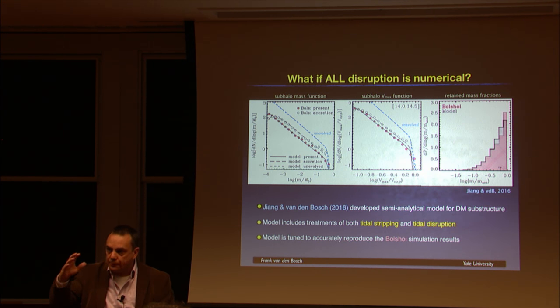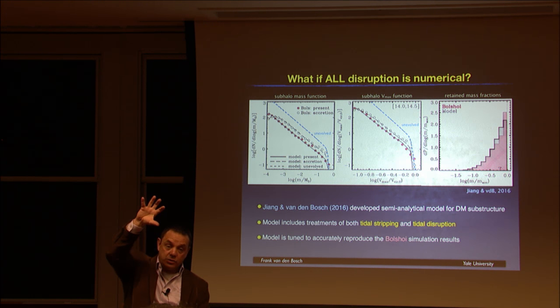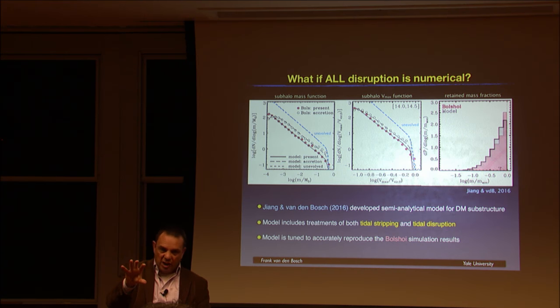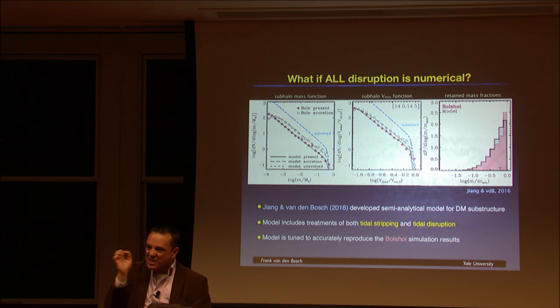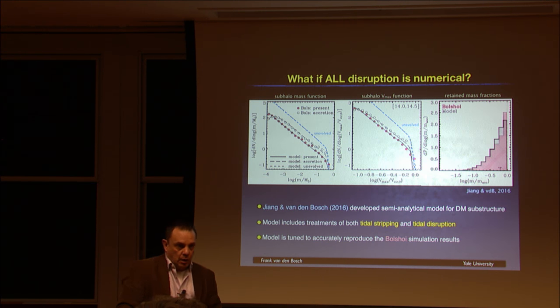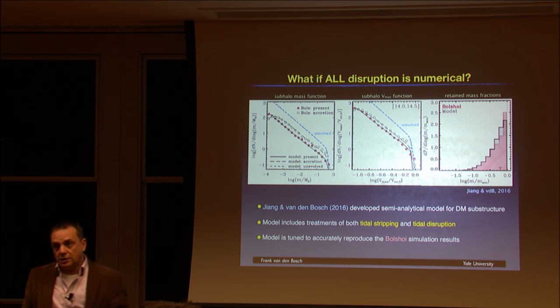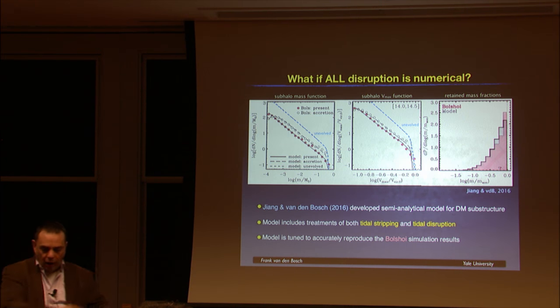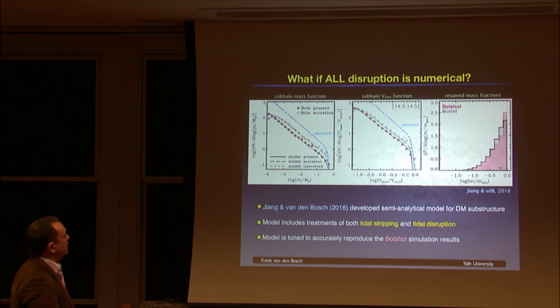I think there's actual disruption in that there are halos that are massive, that experience dynamical friction, and they don't really disrupt, they just merge and blend in against the background. They come to rest in the center. They lose their identity, but they don't necessarily disrupt. So if all disruption is real, we can make a very quick estimate of what happens using an analytical model that Arthur developed as part of his thesis.